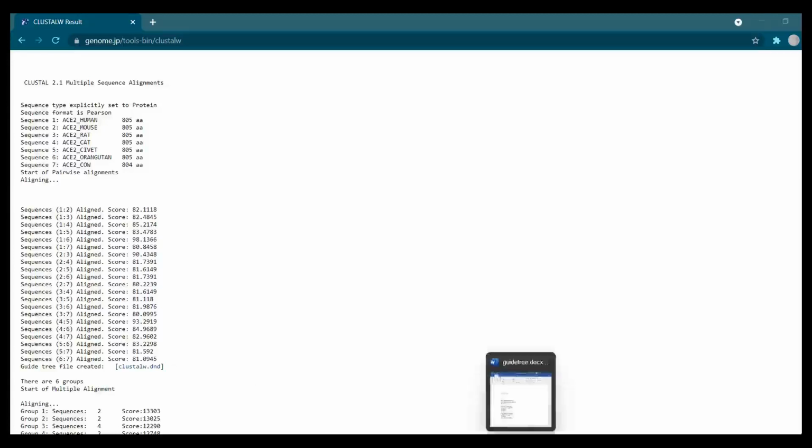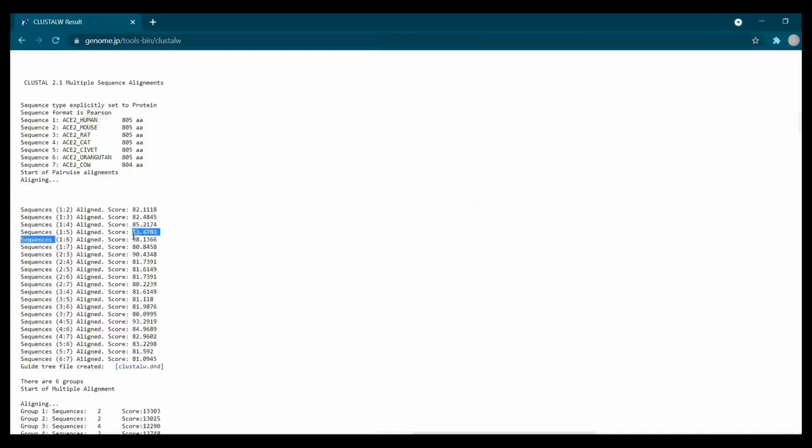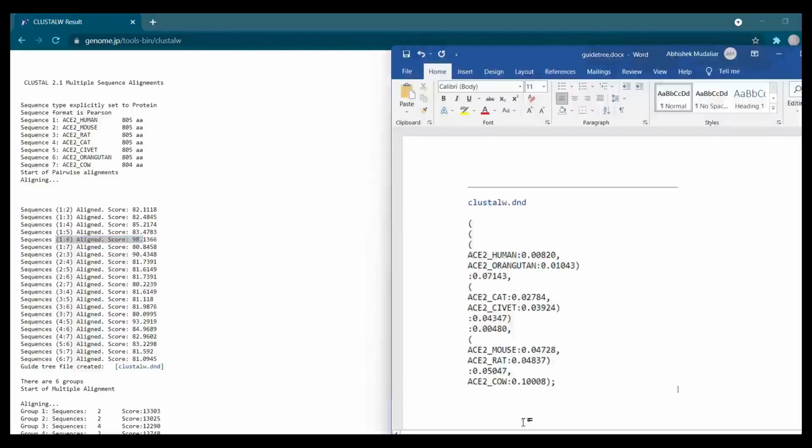Along with the guide tree, we will see how it is done. Of all these scores, the score between 1 and 6 is 98. 1 and 6 are human and orangutan. In the guide tree, they fall in the same clade.